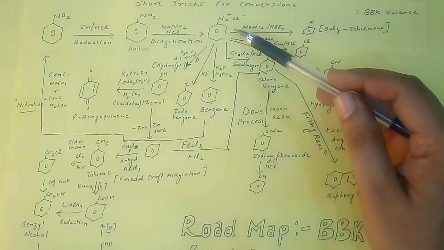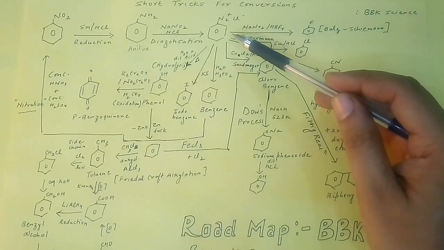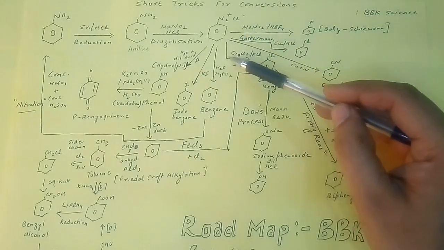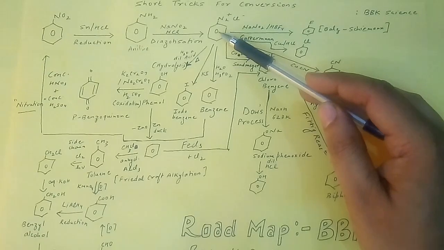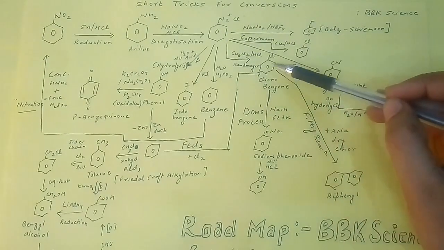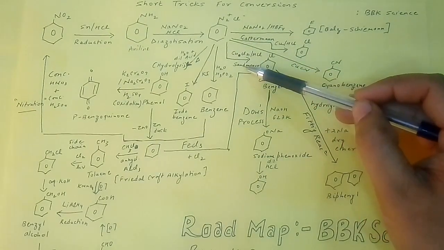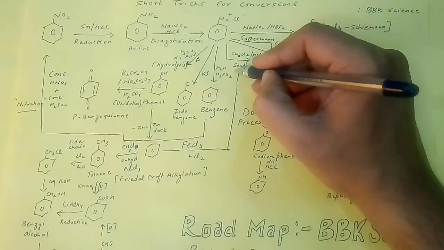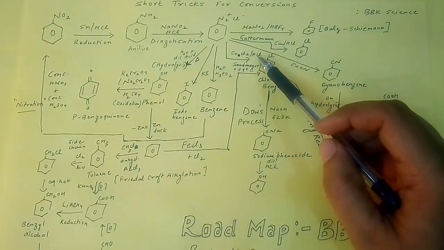Now there are some similar reactions which appear to be similar, but they have a slight difference in the reagent which we use. For example, when I add copper chloride CuCl2 in presence of HCl in this benzene diazonium halide, what we'll get as a product is chlorobenzene. This particular reaction is known as Sandmeyer reaction, a very important board question that usually comes after 1 or 2 years in every board examination, that what is Sandmeyer reaction.